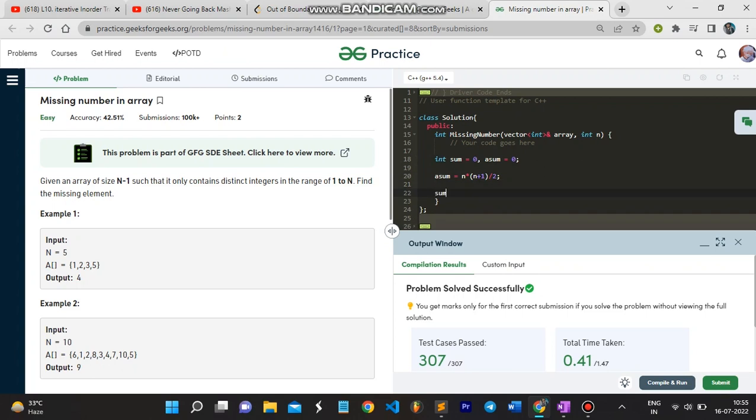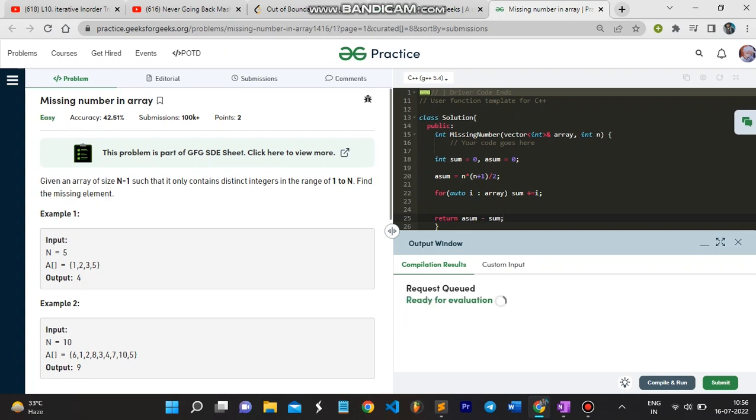And in my sum variable I'll store the sum of my given array, for auto i in array, sum plus equals i, and I simply return actual sum minus sum. Let's see if this will work or not. Okay, fine, it is working. Let's submit the code.